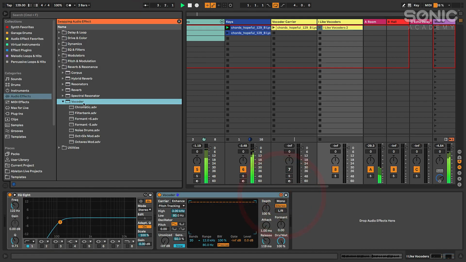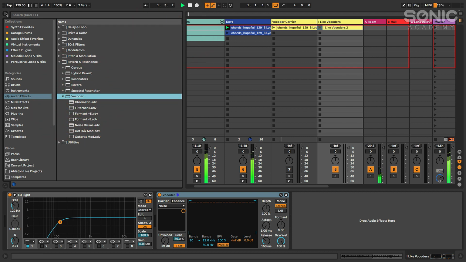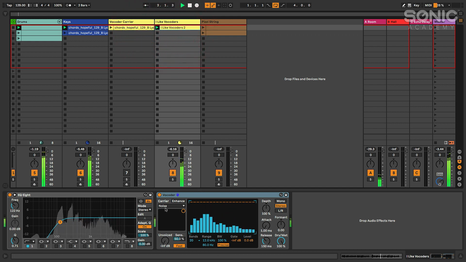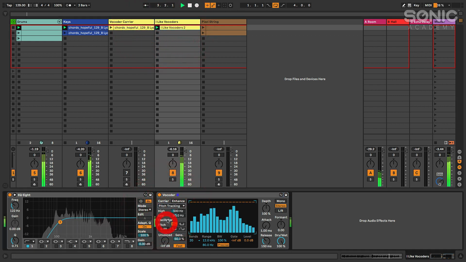So I'm going to hit hot swap here. We'll load the default in. And let's just make sure that my vocal sounds okay here. There's that noise carrier again. And with the noise and the pitch tracking,